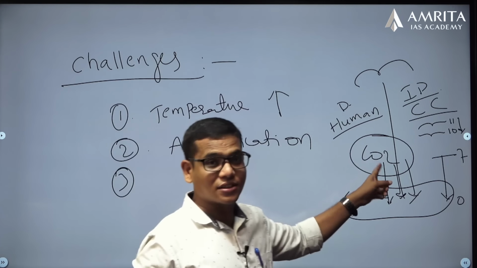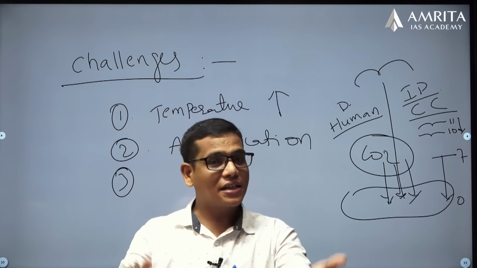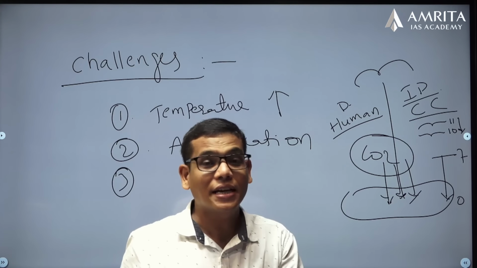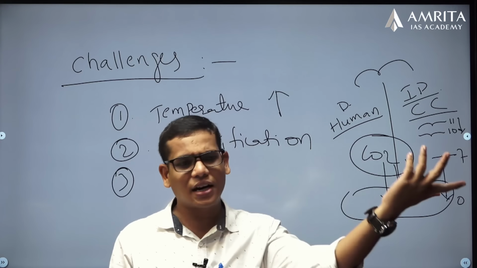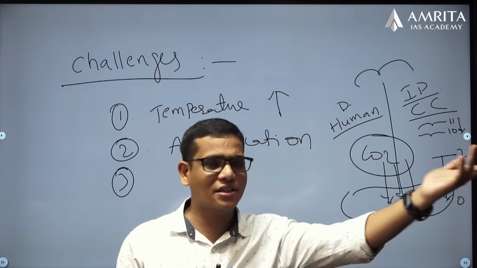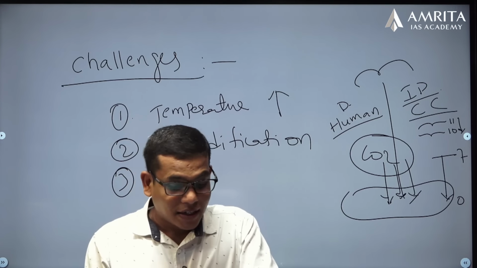These come from CO2 emissions, and the CO2 emissions are happening because of the emissions that we are producing in the name of development, either through industry or vehicular emissions and a lot of other emissions that are happening. Next,